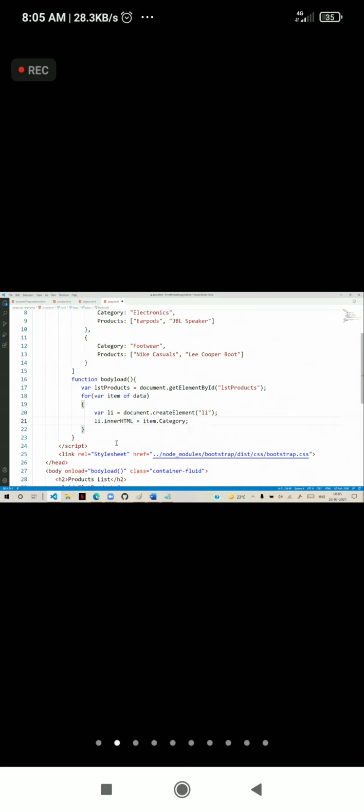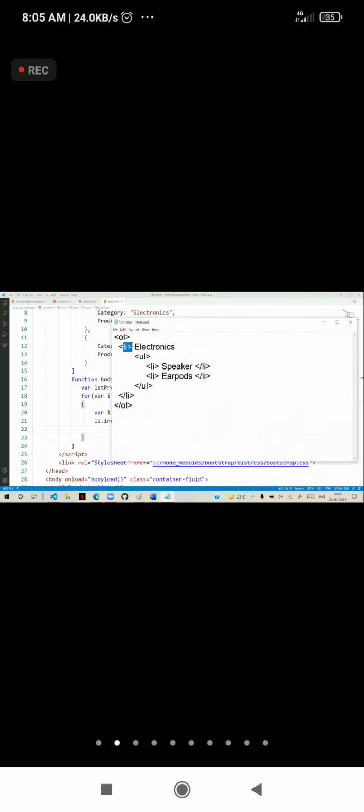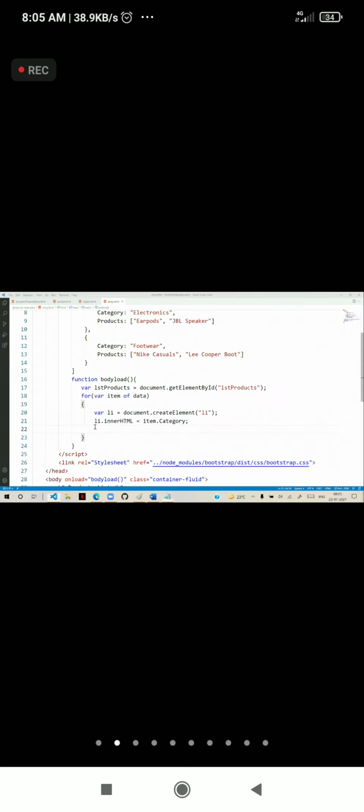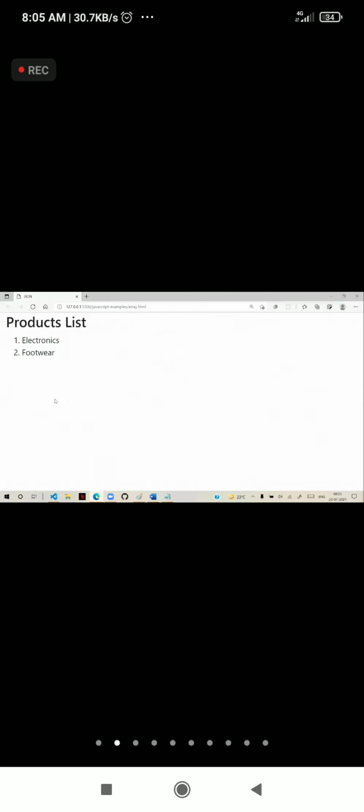That means the item category is defined. That means we created a list item, the category name is applied, and we add this to the ordered list. That means ol, the ordered list, is nothing but lstProducts.appendChild, add that list item. And you see the first step is ready.